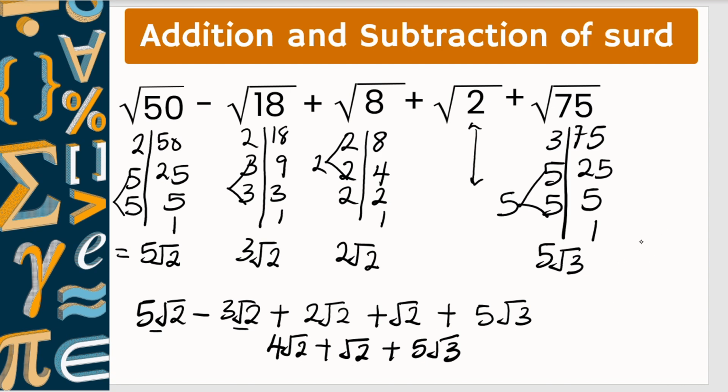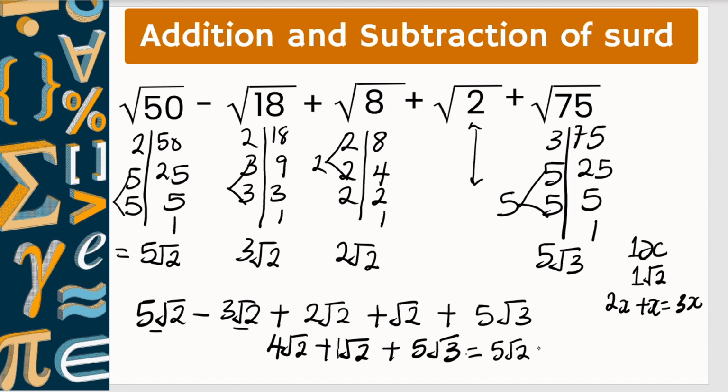Can you remember that x has a coefficient of 1? The same thing as any surd on its own has a coefficient of 1. For example, if we are asked to simplify 2x plus x, 2x plus x is equal to 3x, because this x here has a coefficient of 1, which we took out because x makes more sense to us than 1x. The same thing also applies here. 4 root 2 plus root 2 is the same thing as 4 root 2 plus 1 root 2. So therefore 4 root 2 plus root 2 is equal to